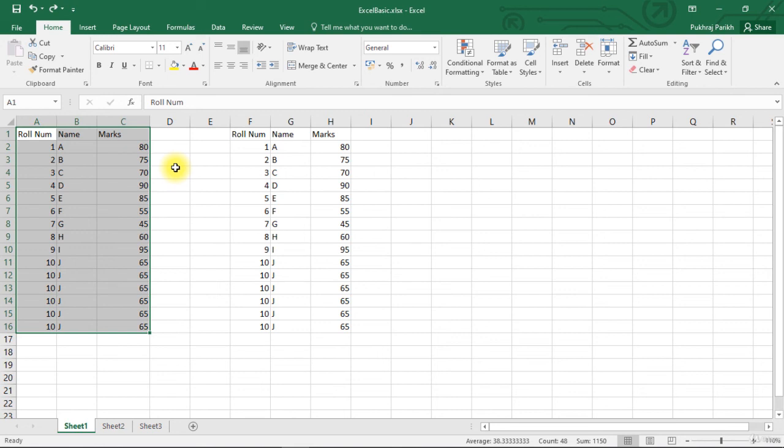We learned selecting different parts of the table using Shift plus arrow key or Ctrl plus Shift plus arrow key to select entire rows or entire columns. At the last, we also learned how to undo our mistakes using the Ctrl plus Z shortcut.